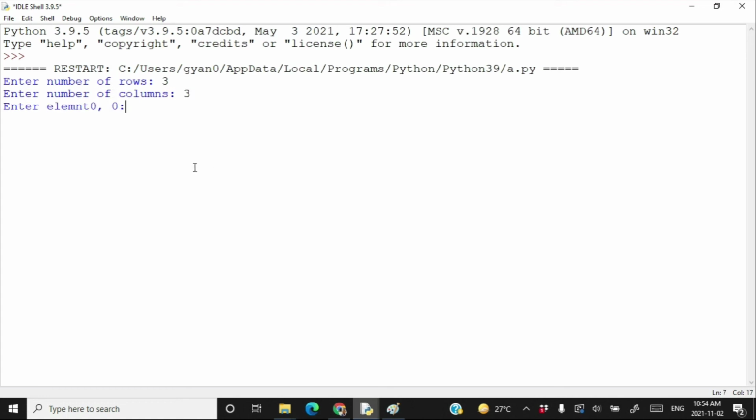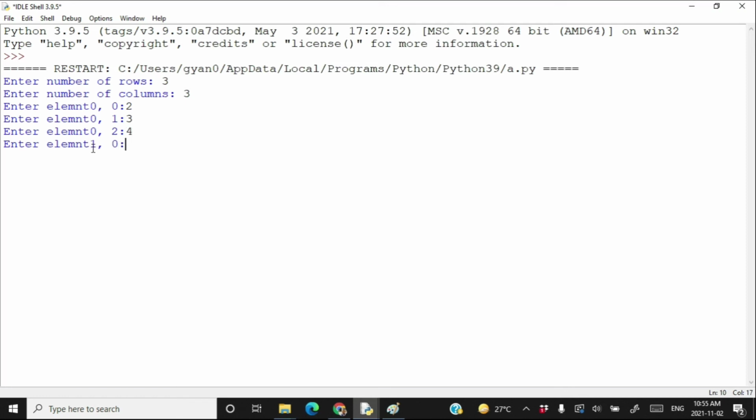Enter the element 0 0, means enter the 0th element of the 0th 1D list. Type here 2. Now enter the first element of the 0th 1D list. Type here 3. Enter the second element of the 0th 1D list. Type here 4.